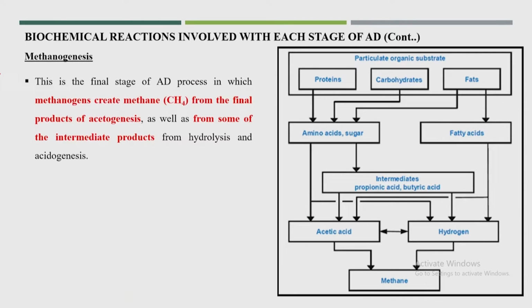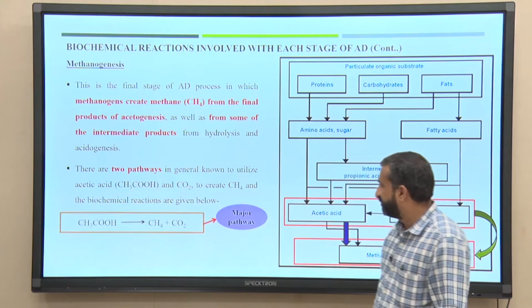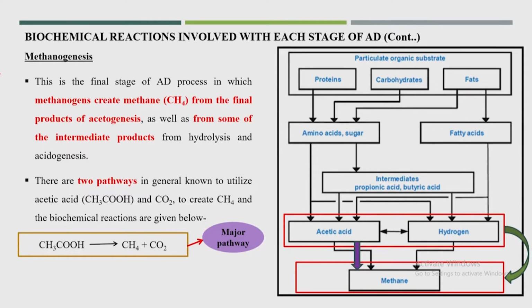Now, the next stage, or last stage, is methanogenesis. This is the final stage in the anaerobic digestion process in which methanogens create methane from the final product of acetogenesis as well as from some of the intermediate products from hydrolysis and acidogenesis. So, finally, methane production. There are two pathways to create methane. The first is this acetic acid, meaning CH3COOH, converting into methane and carbon dioxide, but remember that this process